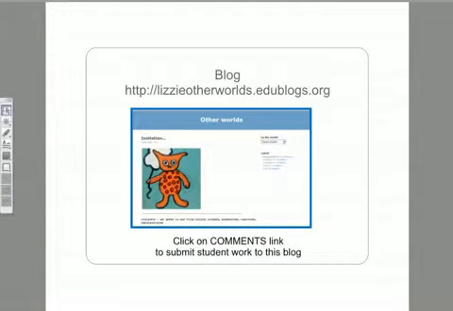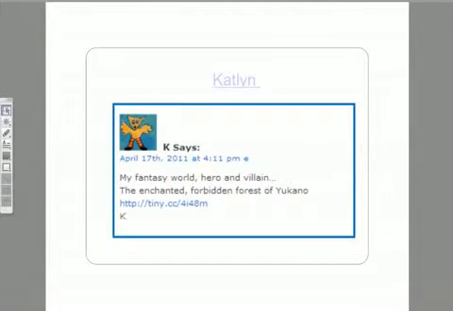So to do this then, you go onto this blog, and down the bottom of the page you can see a little comments link, and that's where your students can submit the URL that has been created when they made their beautiful multimedia text. So please, I do invite you to get your students to submit work here, and I will be a distinctly happy chappy. Alrighty, so let's just have a look at some of the stuff that's already on that blog.